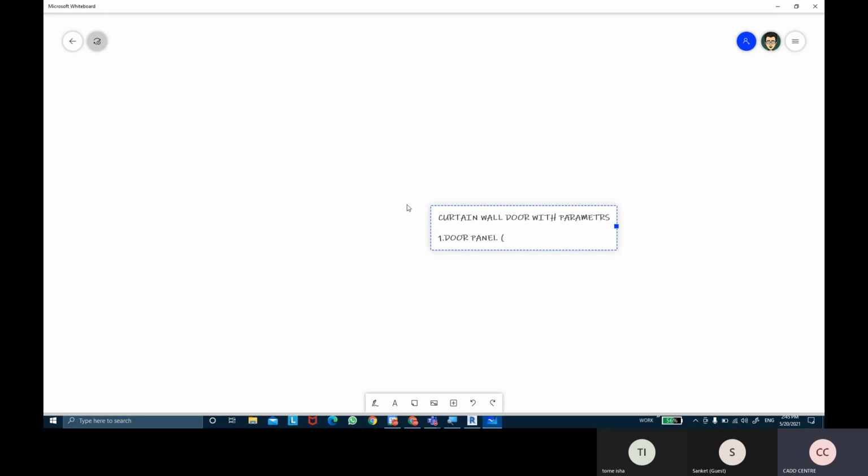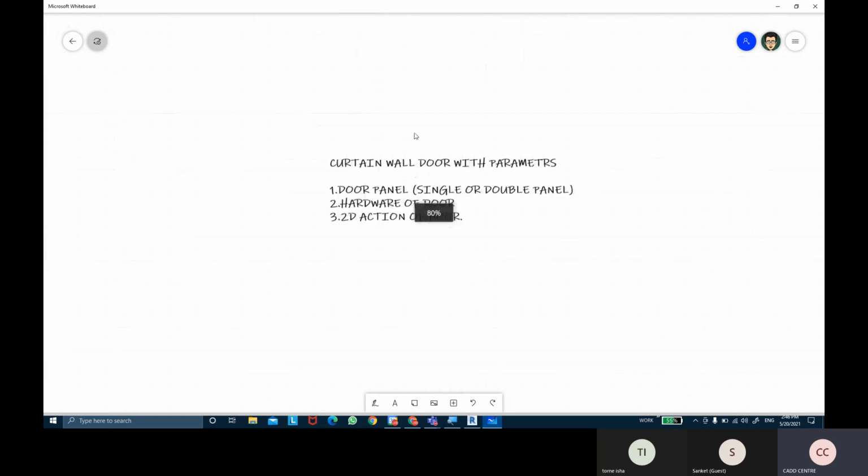This can be either a single panel or a double panel. We can create both. In the second part, we're going to create the hardware of the door. And in the third part, we're going to create the 2D action of the door. Okay, so this is the content that we're going to do for the door.